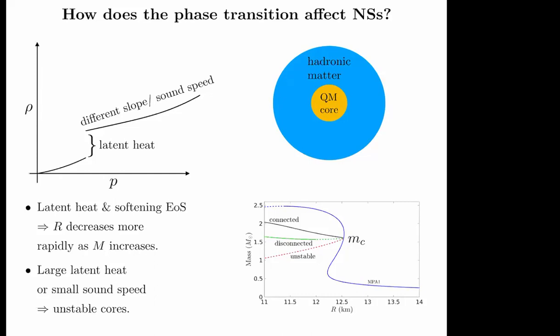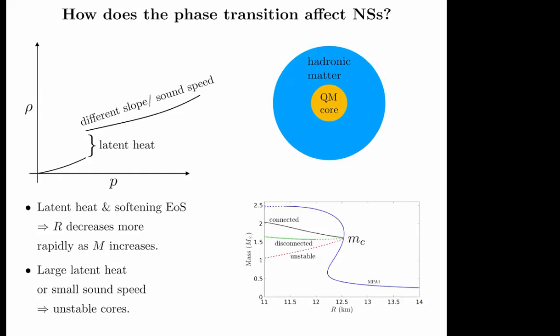The MR curve associated with that equation of state goes up to about 2.5 solar masses before the neutron stars become unstable. The dashed line here shows regions where the neutron stars are unstable to collapse. That happens whenever the slope of the MR curve becomes positive here. So if there is a phase transition, then at some